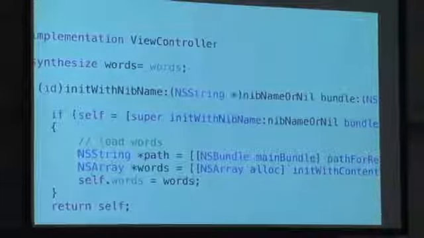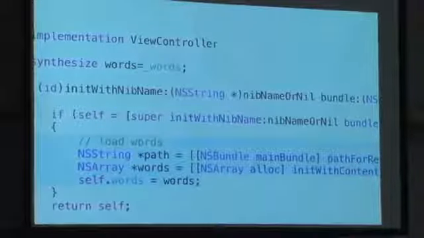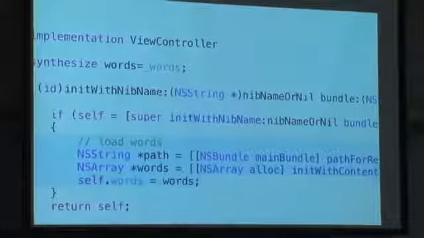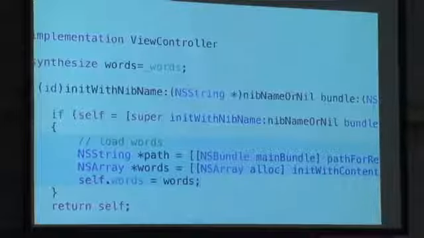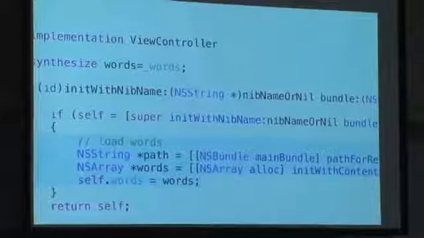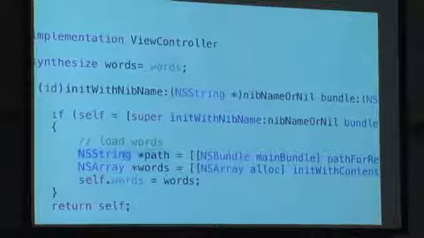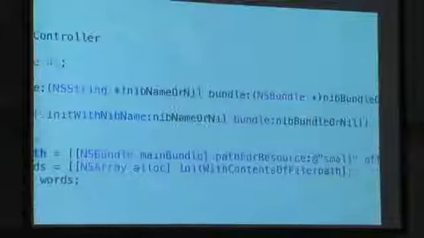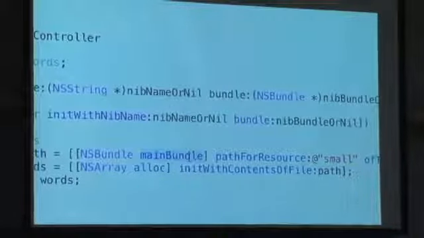Well, what do I want to do when this application is loaded? I want to simply load all of the words from that property list. So how do you do this? And this is actually germane to project 2 if you choose to use property lists. Well, first I construct a string called path. And then I ask the main bundle, that is, the thing the user has installed on the iPhone, to give me the path